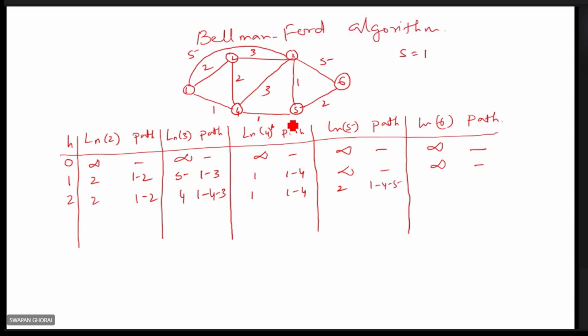And now 6 with 2 hops. Can we reach 6? Yes, we can reach 6. What will be the value? Tell me. Last one, 1 to 6, 2 hops. 4? No, 2 hops. How does 4 come? No, because if you are thinking about that, it is 1 hop, 2 hop, 3 hop. But considering only 2 hops, 10 will be there. So you have to write 10. Next time, maybe with 3 hops it can be reduced. So for now you have to consider it 10.